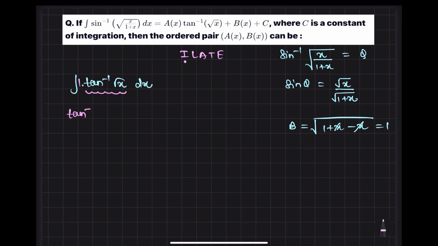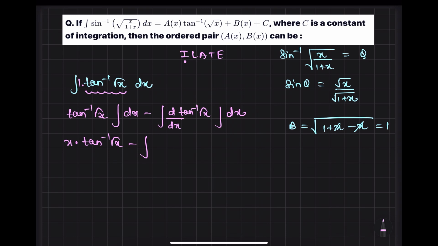So it is tan inverse root x, integration dx, minus whole integration of differentiation of tan inverse root x, dx, integration of 1. Now integration of 1 is x, so x tan inverse root x minus differentiation of tan inverse root x, which is what? 1 plus x, and then we have